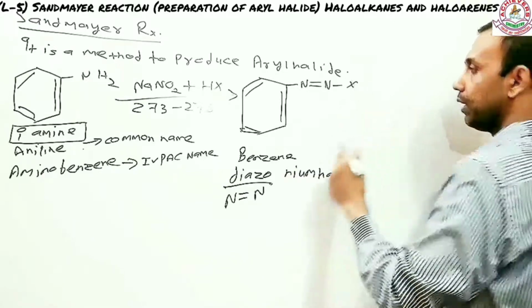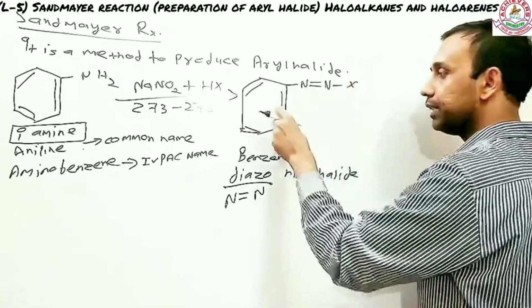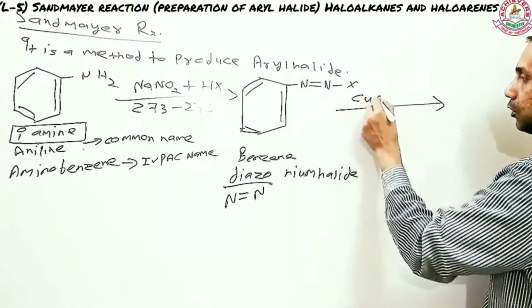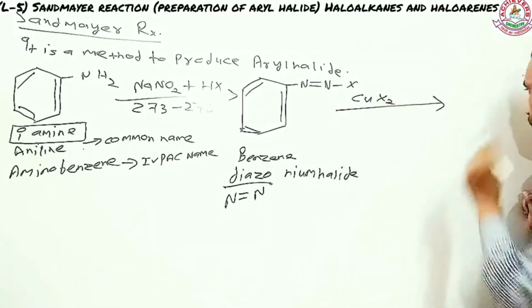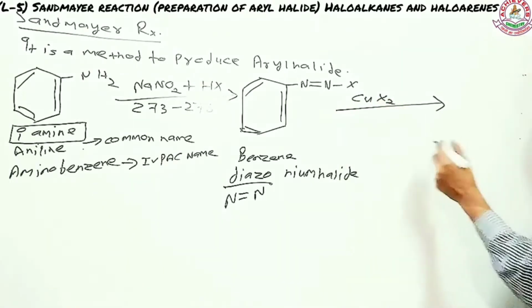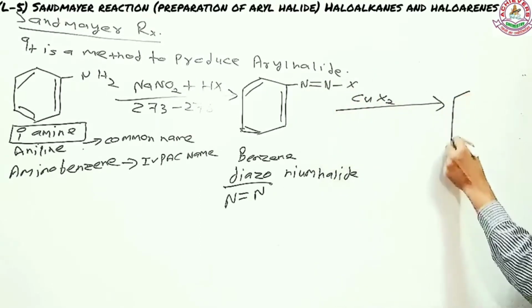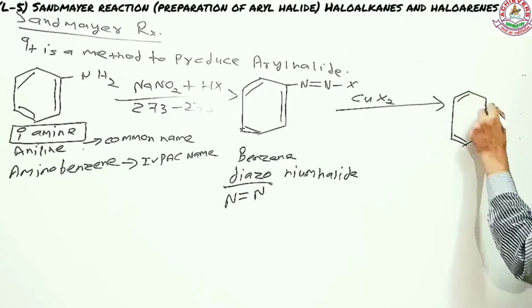This is a halide. Now, as soon as the halide is produced, this particular intermediate substance is reacted with cuprous halide again. Reacted with cuprous halide. And once it is treated with cuprous halide, what happened? Actually, the nitrogen is released out. The nitrogen gas comes out as a byproduct, and this forms